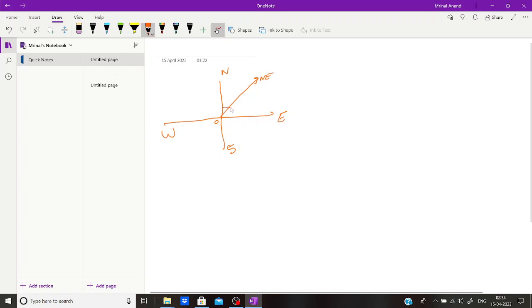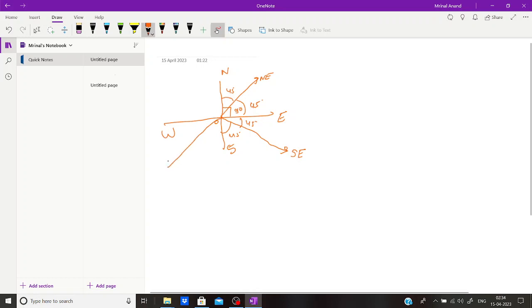This whole angle is 90 degrees, and if this northeast line is bisecting this 90 degrees, then this angle will naturally be 45 degrees, and this one is also. Similarly, again we are going to draw this line, and this line is the southeast. So here we again get this 45 degrees. Here also